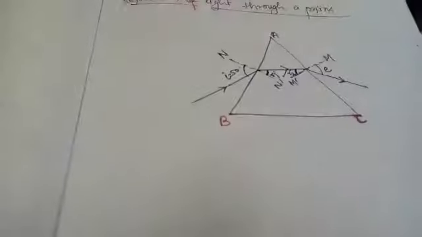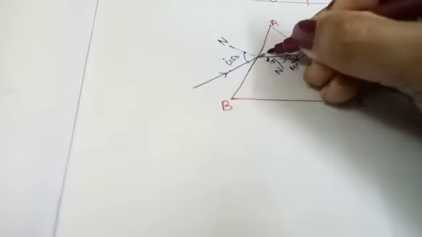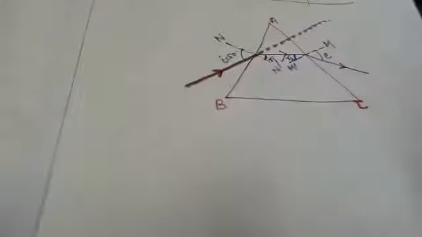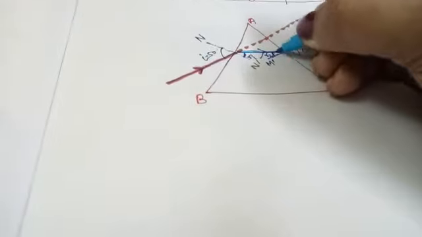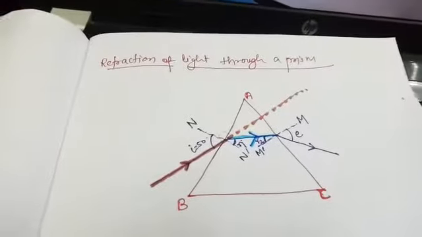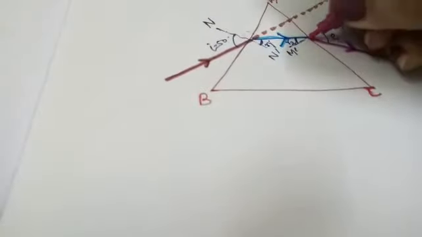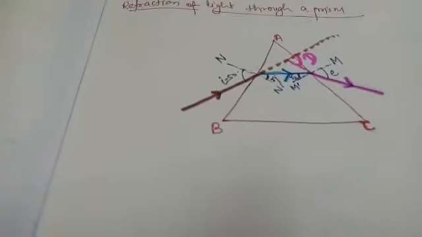So next our work is to extend this ray. Extend this ray, we are using colors, right? Here extended incident ray. इस तरीके से इंसिडेंट रे था आपके पास, हम इसको थोड़ा सा कलर से लेबल कर देते हैं और ये एक्सटेंडेड इंसिडेंट रे हो गया, राइट? Then we are using blue color for what is this? Refracted ray, understood? Then next we are using one more color for this one, emergent ray, right? इसी को हम थोड़ा सा आगे कर देंगे. This one is angle of deviation, understood?